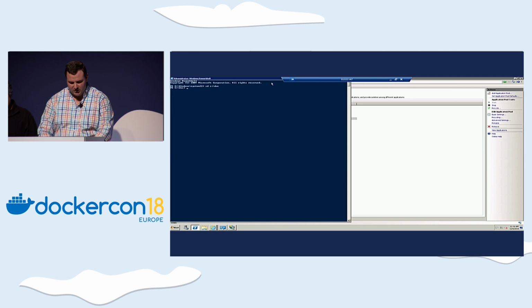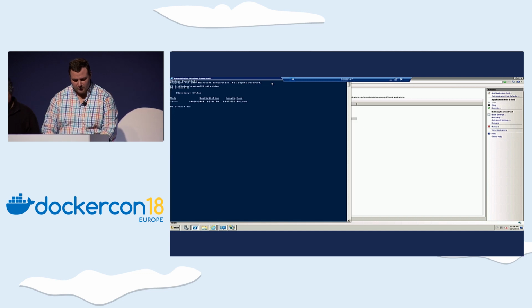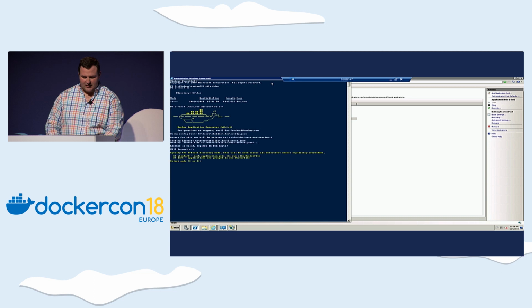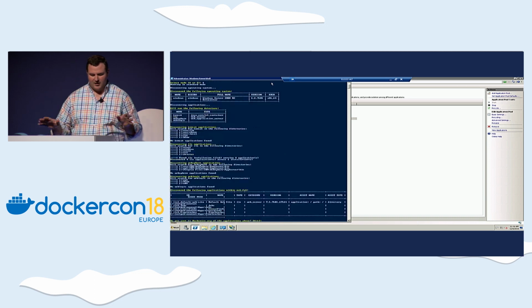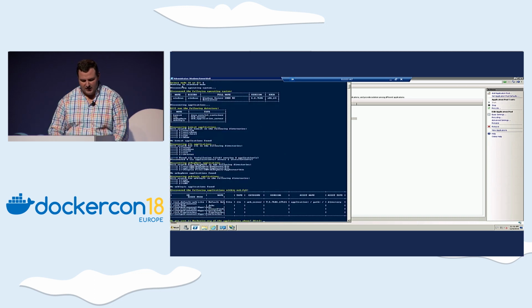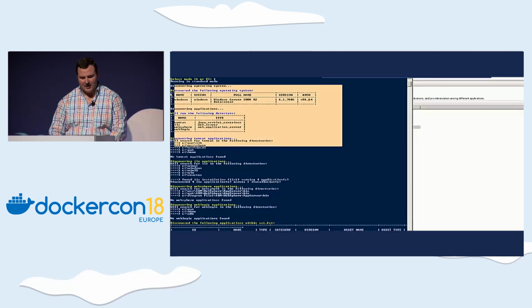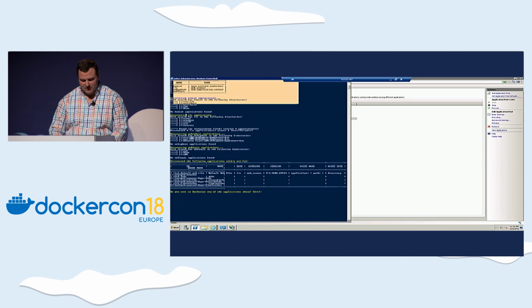So for that, I'm going to use something called the Docker Application Converter, which is the tool that we've been working on here at Docker to make some of this stuff quite a bit easier. And so I can say discover, I give it the file system, and then DAC is going to go out and spider through that environment. It's going to grab all the code. It detects quite a few things around the operating system. It knows about IIS, so it's looking at app pool settings, all those pieces,